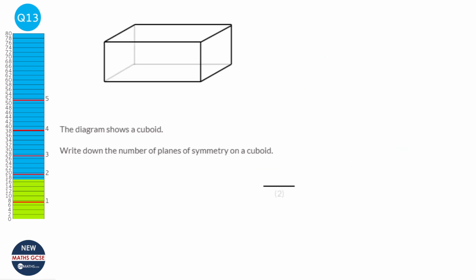A plane of symmetry is anywhere you can cut a 3-dimensional shape, in this case a cuboid, and put it up against a mirror and it looks like the original shape. So if we were to cut the cuboid here and then put it up against a mirror, it would look like the cuboid again. Similarly, if we were to cut it along here, it would look like the original cuboid again. And finally, if we were to cut it up the top here,